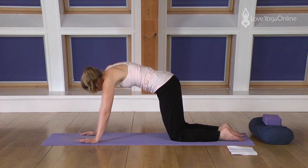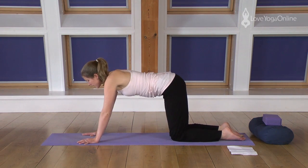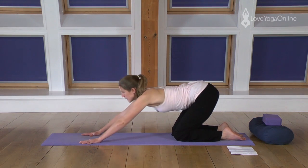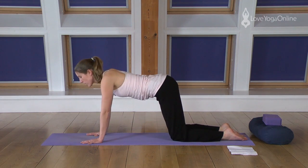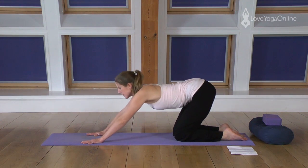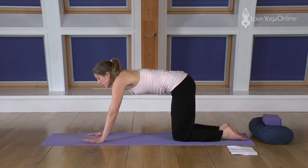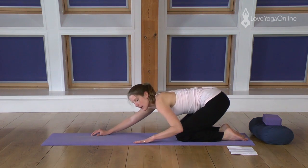And coming back to center with the shoulders over the wrists, hips over the knees. With the breath now, as we exhale, sinking the sit bones back to the heels. Inhaling, rocking forward. Again, exhaling, sinking back. Inhaling, rocking forward. Starting with the left arm, taking the fingertips down the side of your mat as we exhale